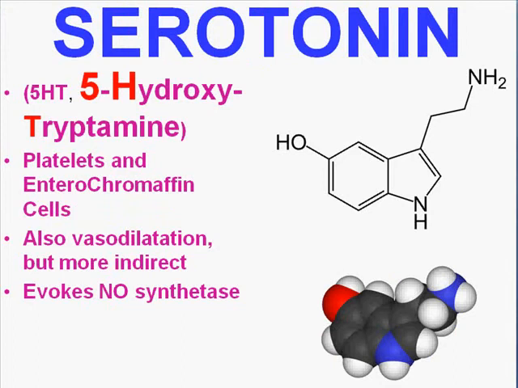Serotonin is sometimes said to also be in mast cells, but the main source of it is from platelets and enterochromaffin cells. It's also called 5-hydroxytryptamine, and here's its picture, and here's its three-dimensional structure. And it's also a vasodilator, just like histamine, but it's a little more indirect. And remember, it also has an extreme role in brain chemistry as well. It's one of the main neurotransmitters. And it is involved in the full spectrum of emotional responses, but its role in acute inflammation is just as